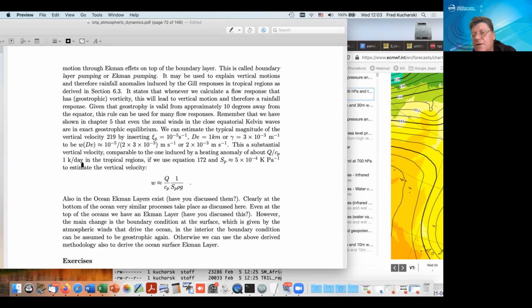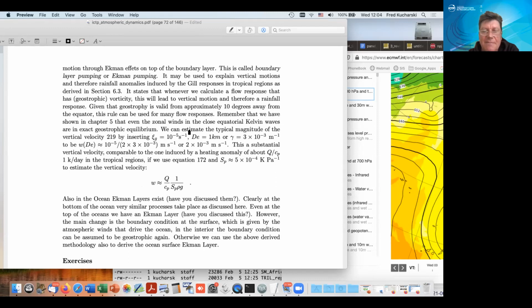per day, which for people who are investigating what are typical heating rates, this is actually quite a substantial heating rate. Maybe for ENSO, for an average ENSO event, you would have something more, maybe 4 Kelvin per day, but still this is almost in the same order of magnitude as a weakish El Nino kind of heating perturbation. So